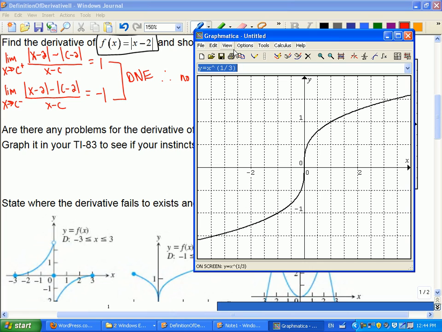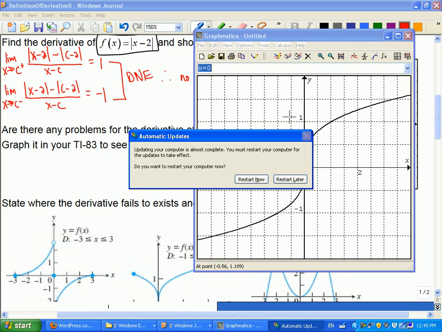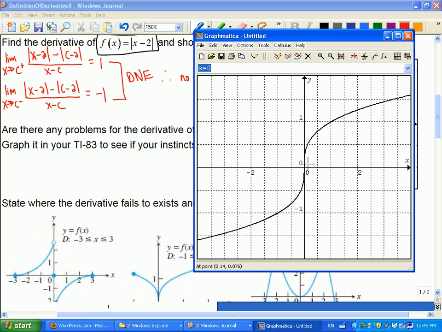Tony, what do you have for us? There's the line x equals 0. Do you see it? Is that tangent to the graph? It's just skimming right across? That is going to be a problem because it's vertical, right? That's undefined slope. It's infinite. It doesn't exist. So if we were to do the limit process, we would come up with an infinitely steep slope. As I approach from the left side, going this way,